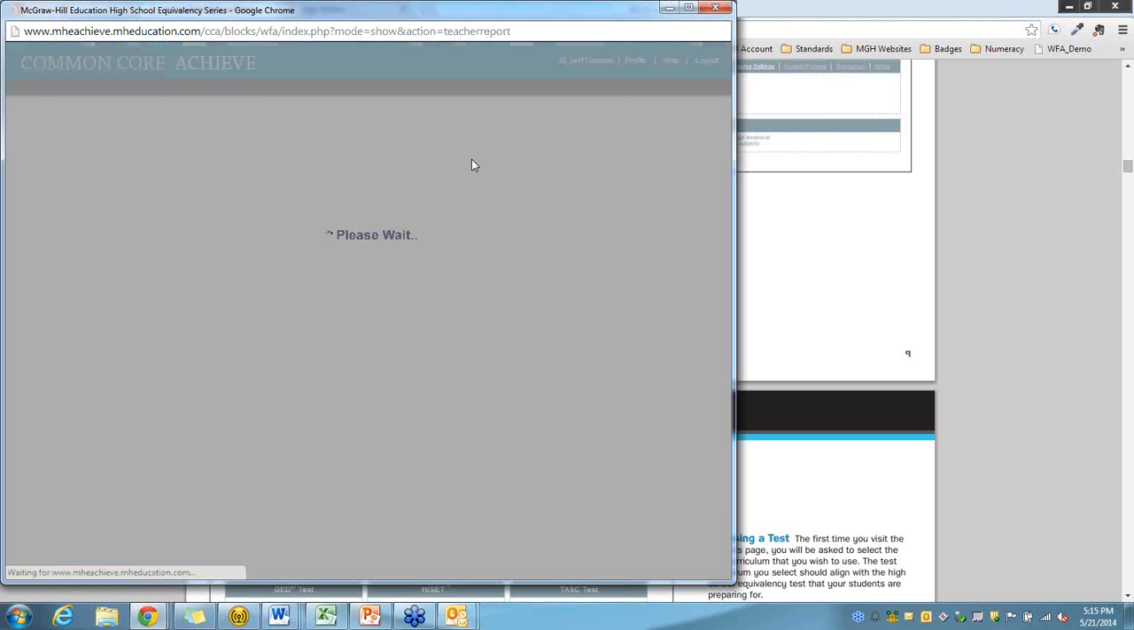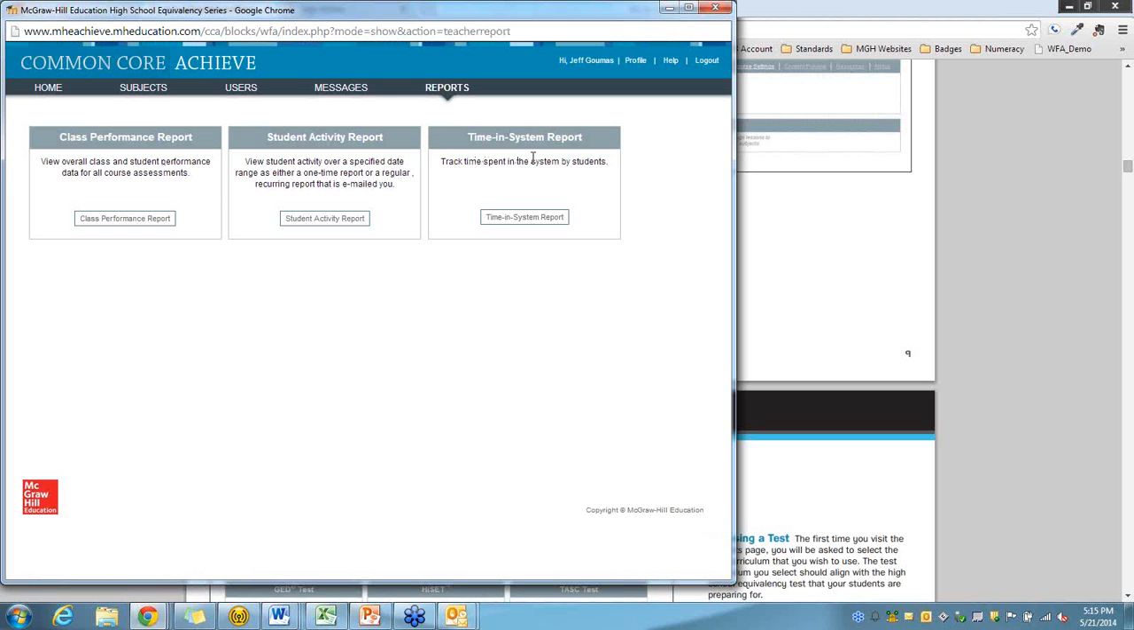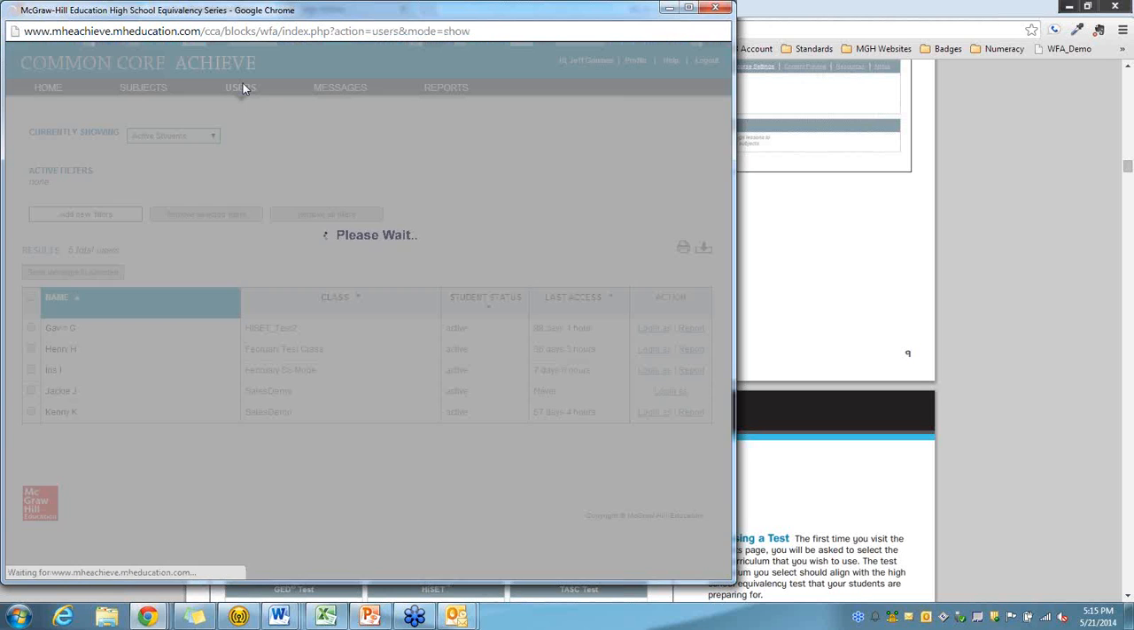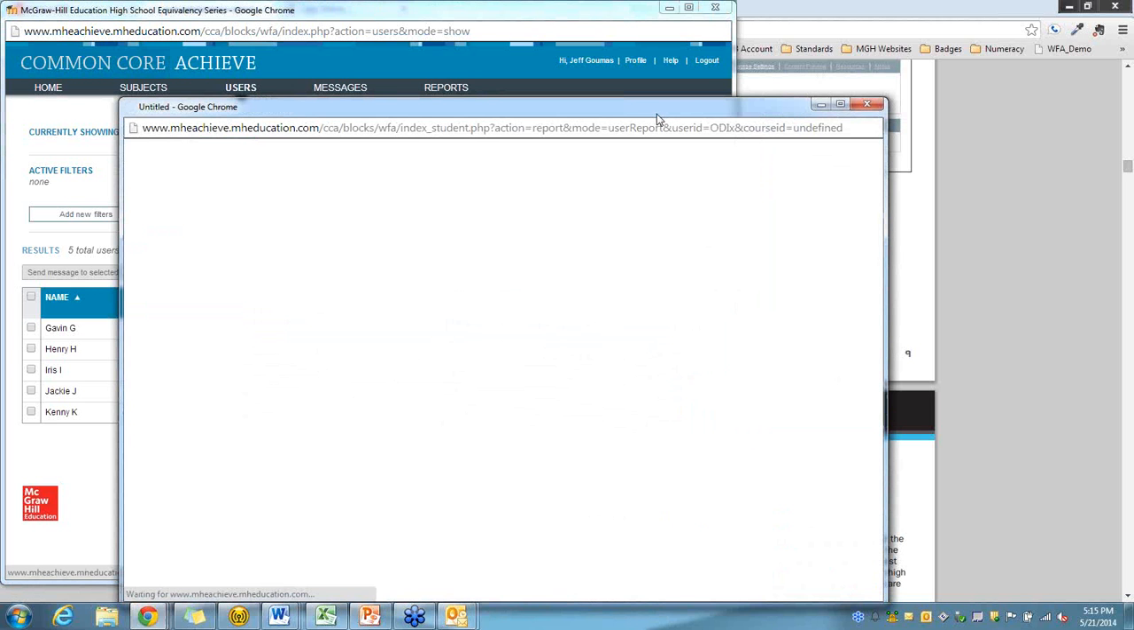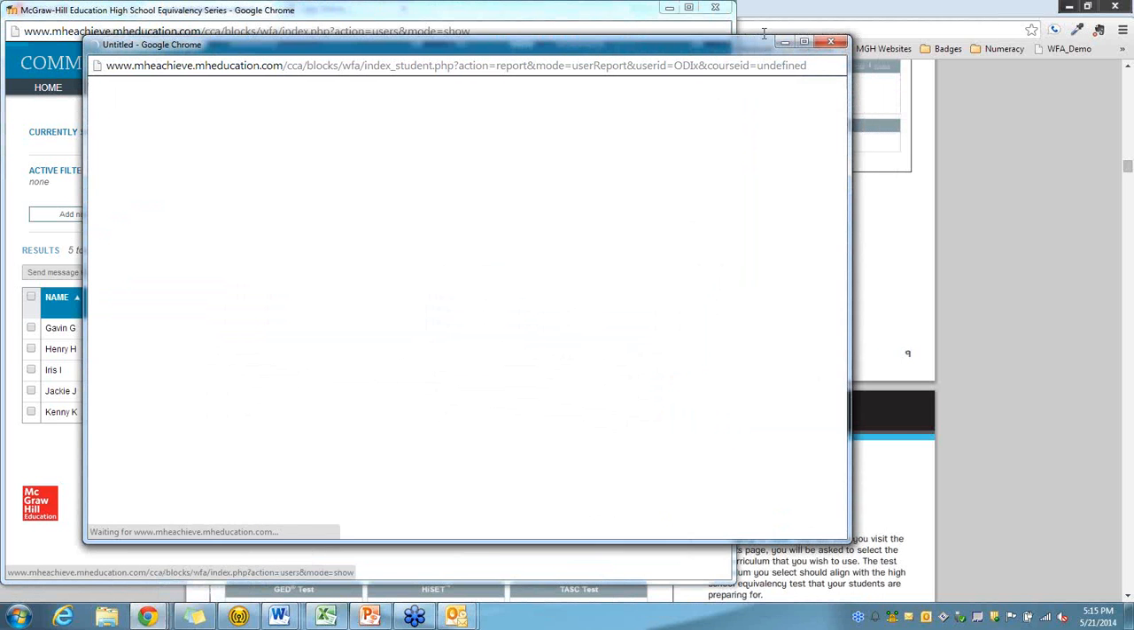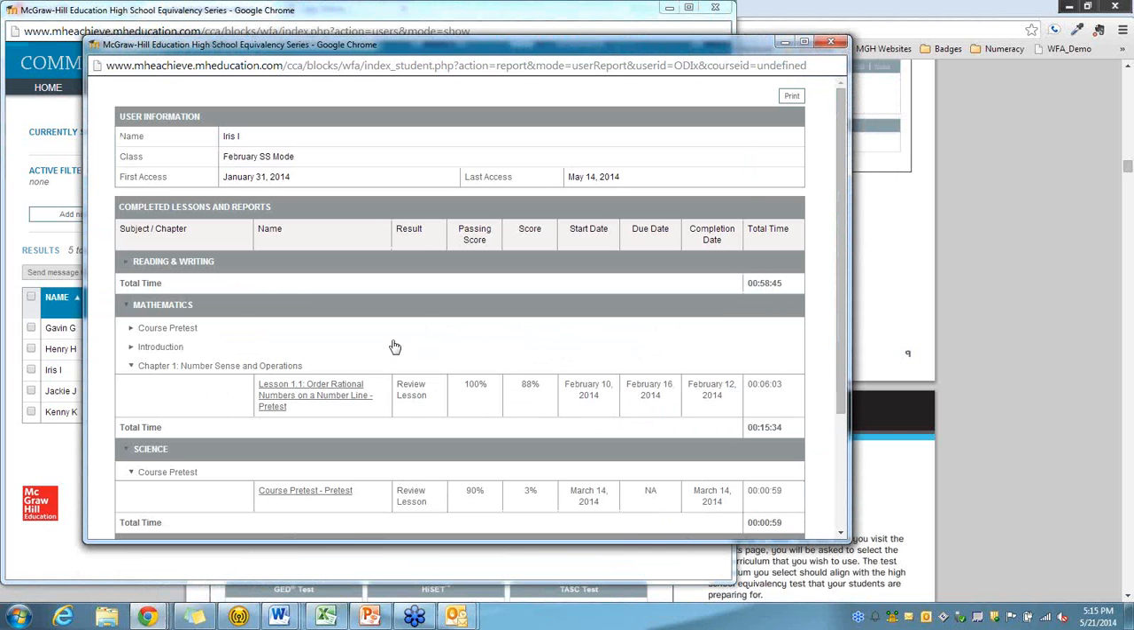And then finally, there's the reports area. There are 3 types of reports that I can run. And actually, before I do that, I want to show what a student report looks like. So I'm going to go to Iris. And so this is a student level report. This is something that I've been talking to you about